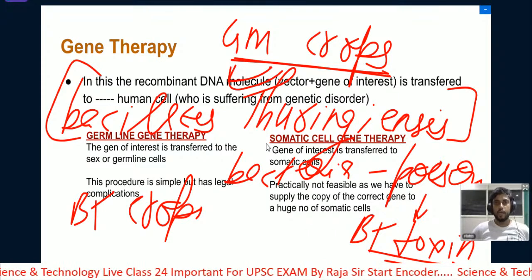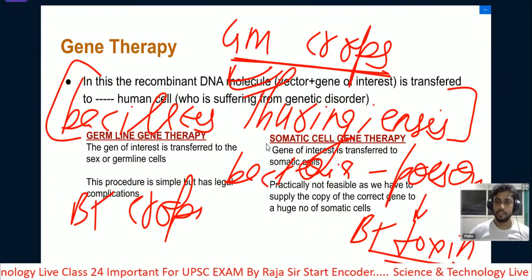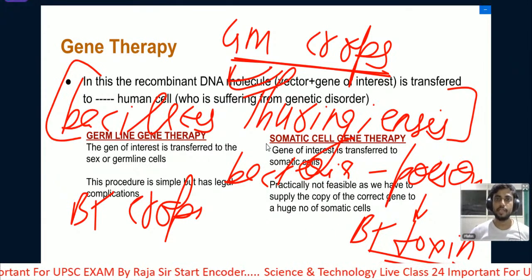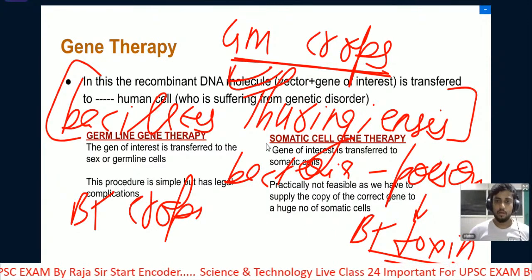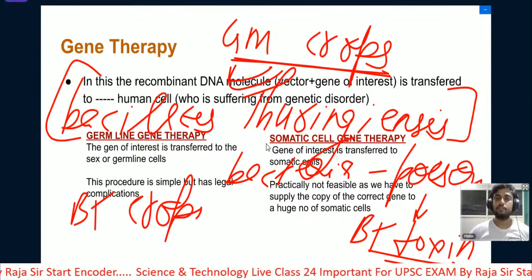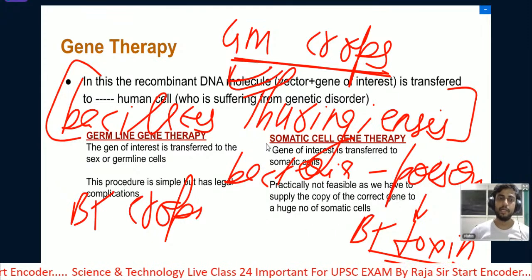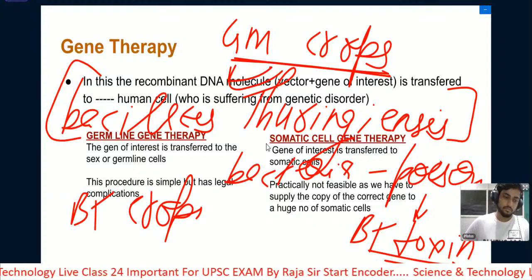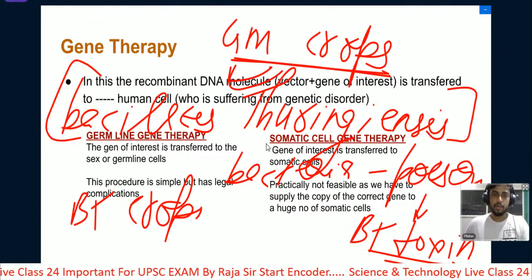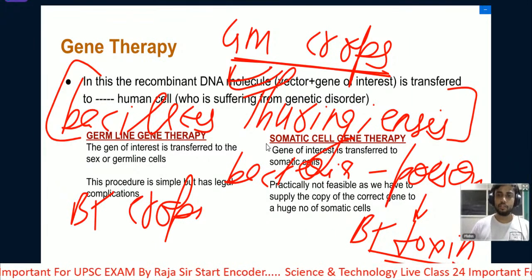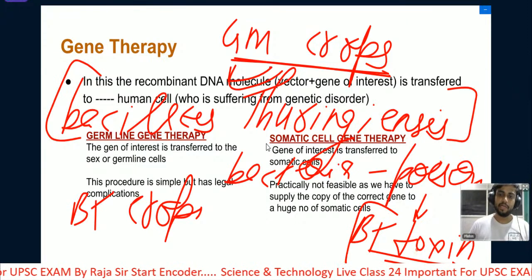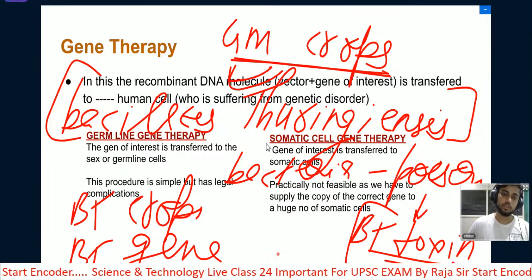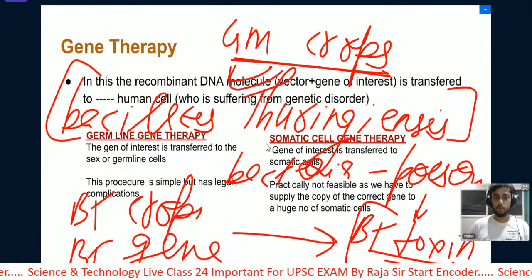Okay, so we have a soil bacteria by the name of Bacillus thuringiensis, and this bacteria is producing a poison. The name of that poison is BT toxin. So this bacteria has a gene which is responsible for the production of BT toxin. This is a protein and it is poisonous, and it is produced from the BT gene. In BT crops we have the BT gene which is responsible for the production of this BT toxin.